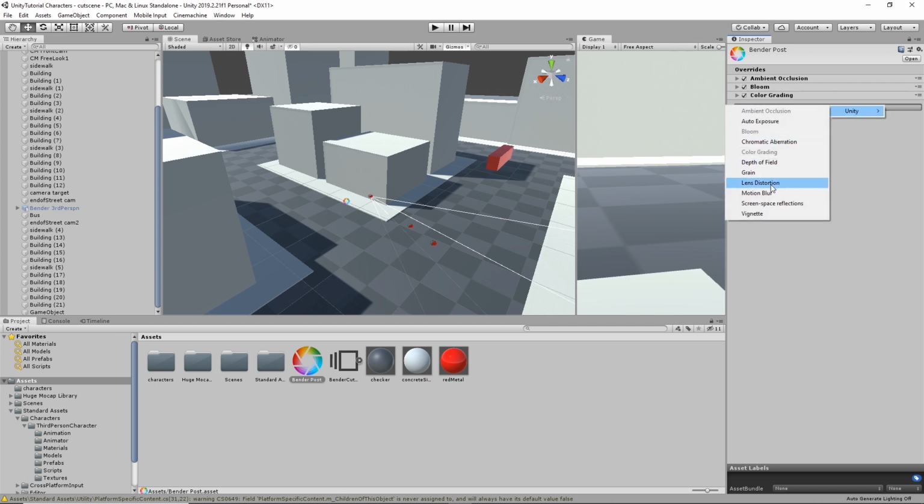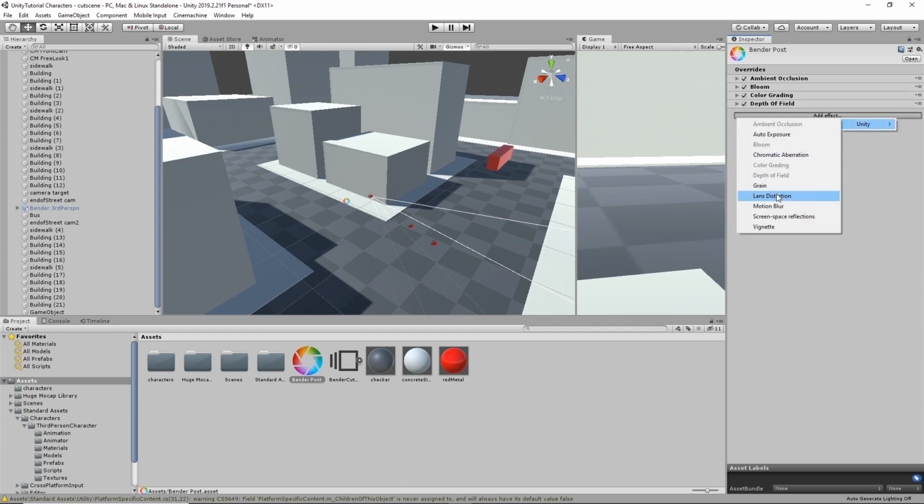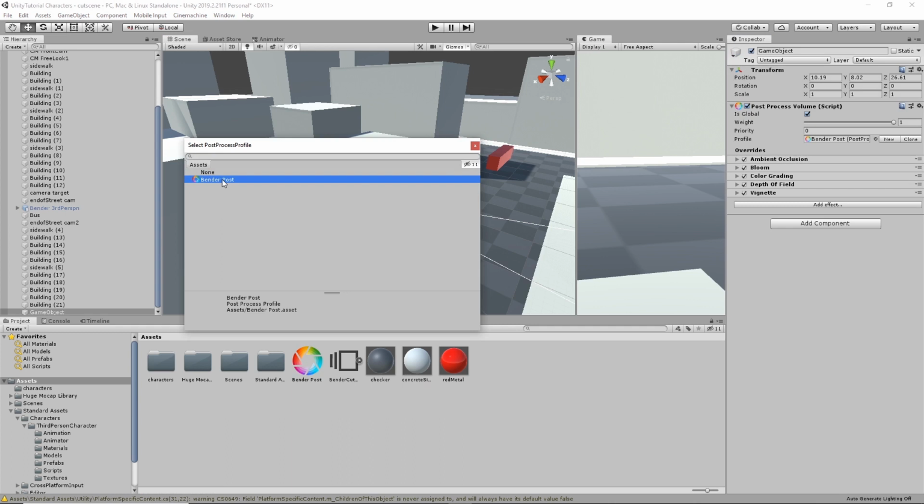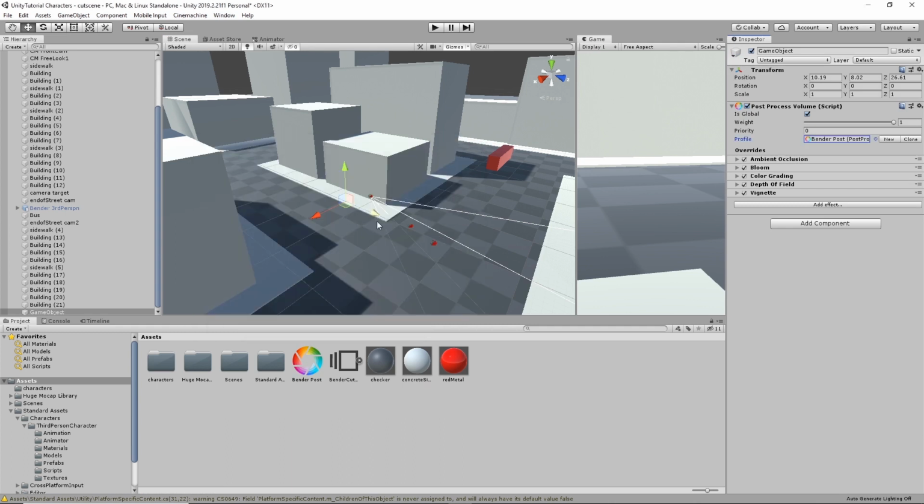and depth of field, and vignettes. So you can see there's others, but we're just going to add these as a default. So now you can see I've got that post volume applied there. If I click on this, I can say Bender Post. With that applied,